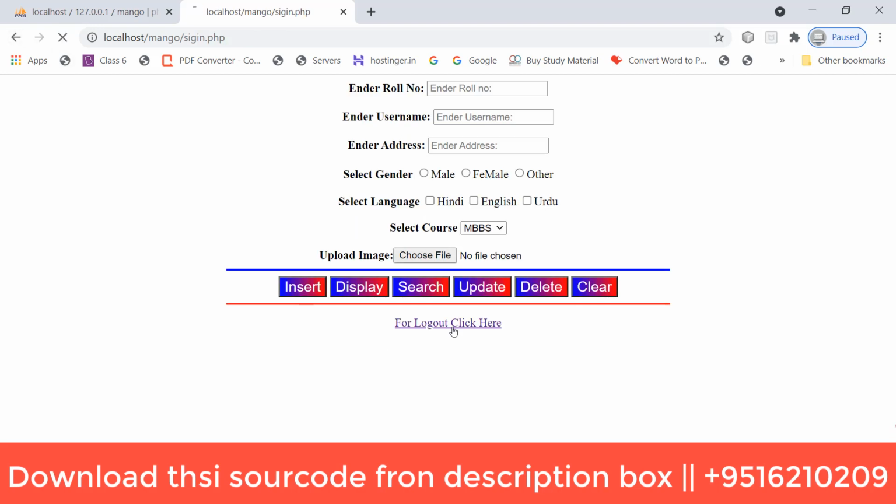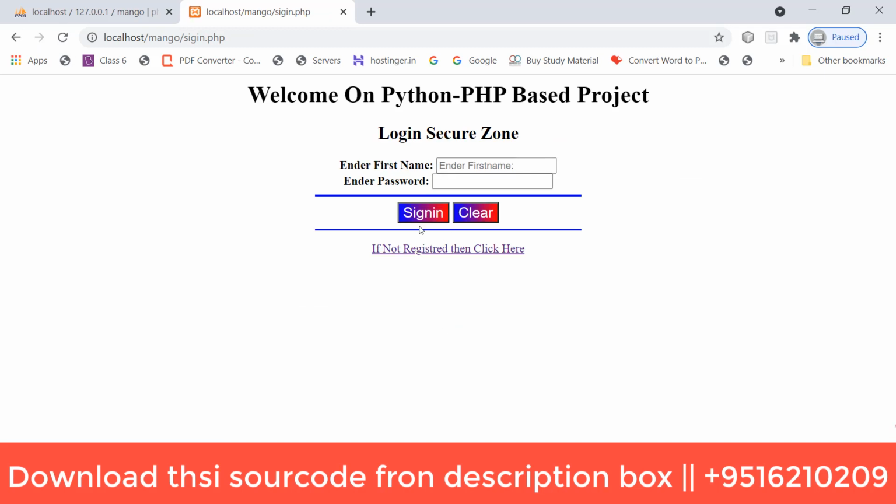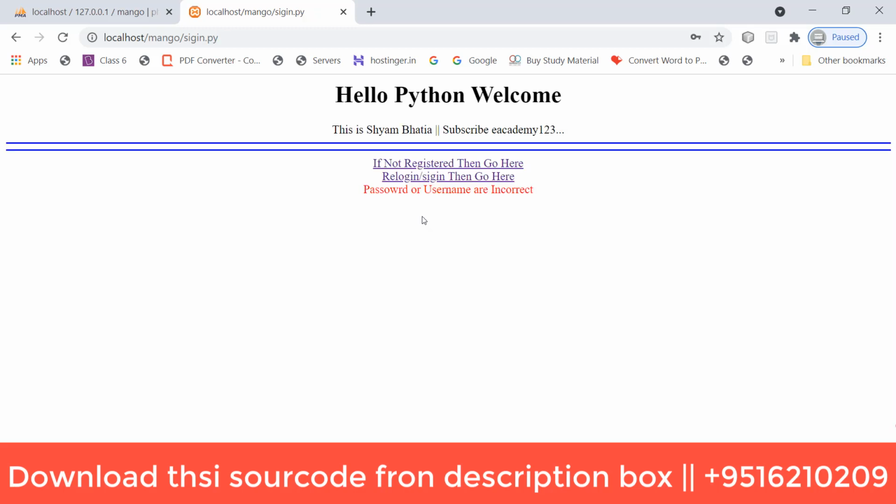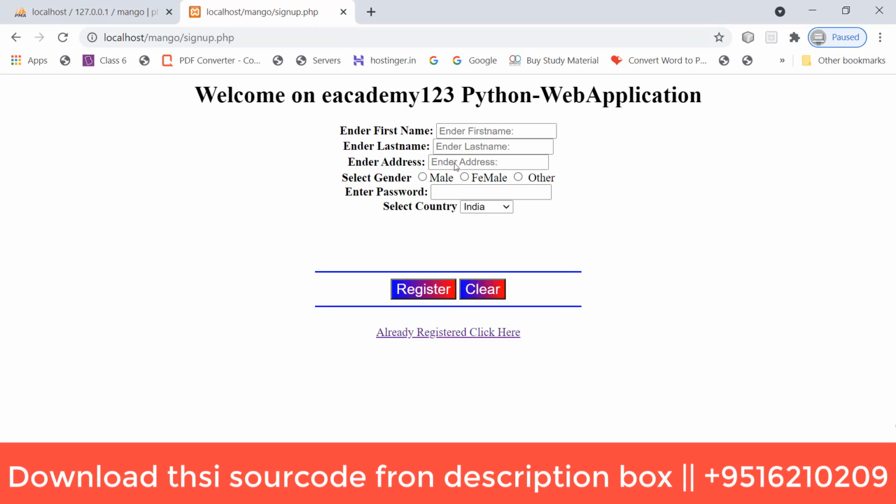One more thing: log out, and here is the login. So I am entering Sham, and now this is not registered. So again I will register my name, Sham, and password, let's say 121.